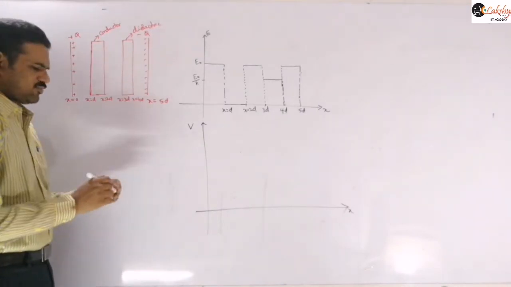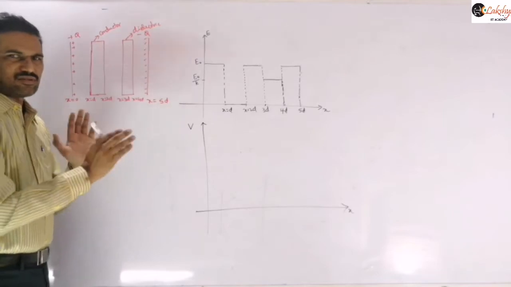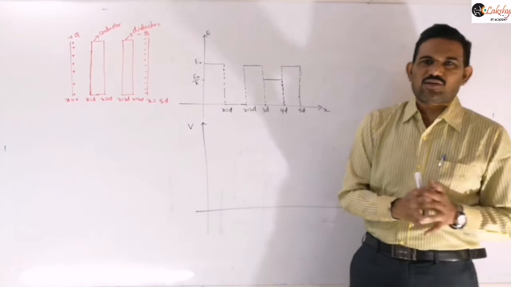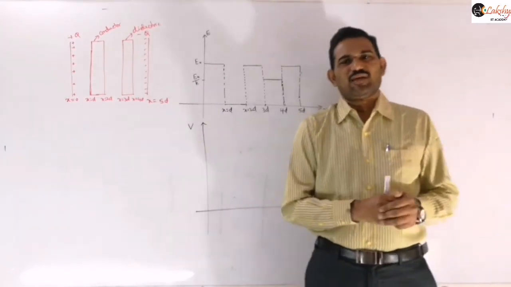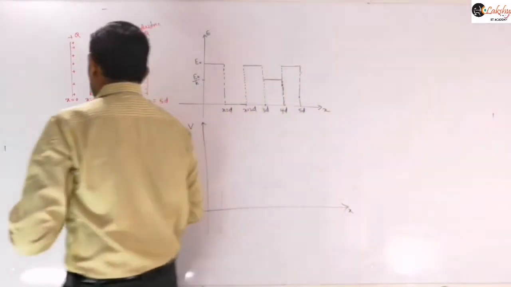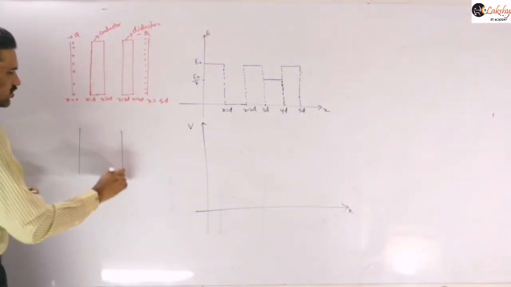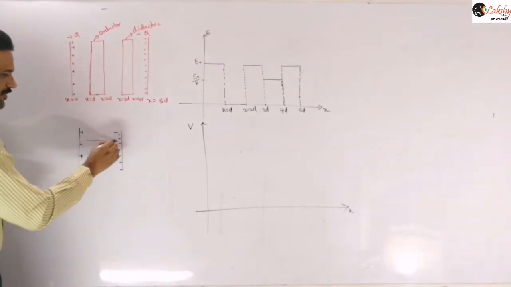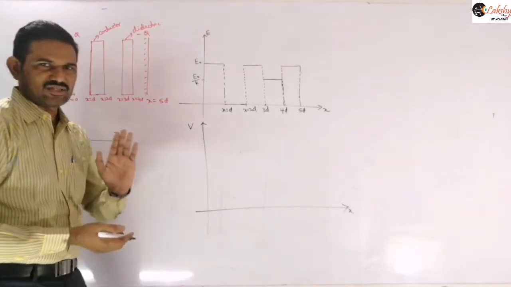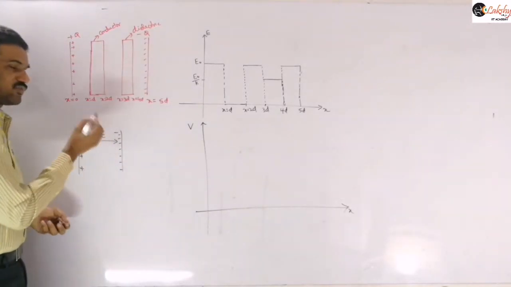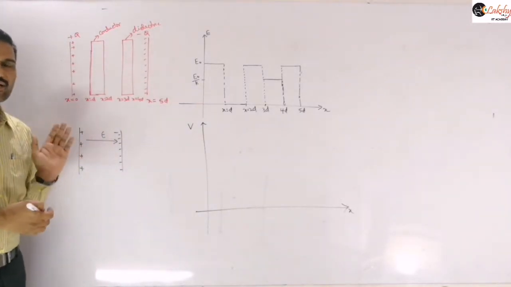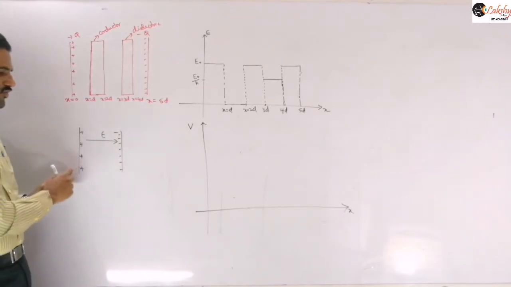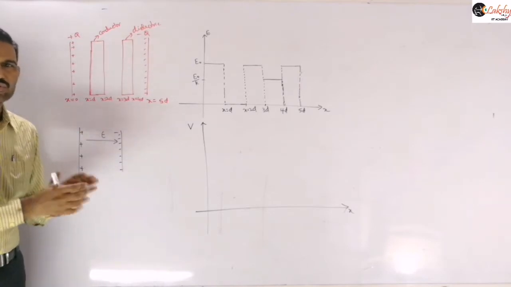Generally, we know that if all these dielectrics are not there, let us take vacuum between those two plates. When you are moving from the positive plate to the negative plate, the potential goes on decreasing. If these dielectrics are not there and only air medium is there in the capacitor, this is the positive plate and the electric field will be along this direction, from positive plate to negative plate. We discussed already in electrostatics that when you are traveling in the direction of the field, potential goes on decreasing.